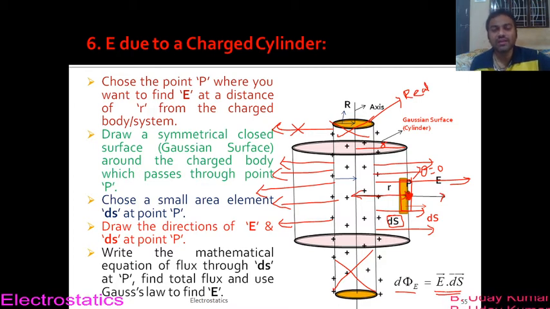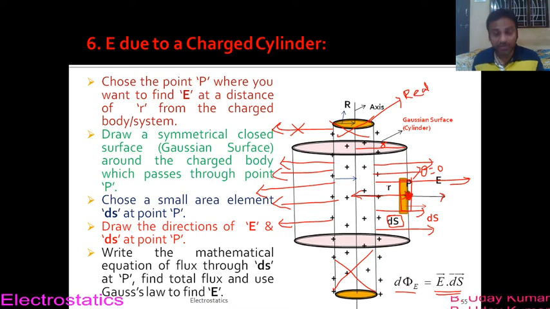You know this, right? And to find the total electric flux that is coming out of this Gaussian cylinder, you just integrate this equation. So first of all, understand the system, and the mathematical derivation is going to be easier once you get it. So first try to understand the physics part, and the mathematics part is going to help you.